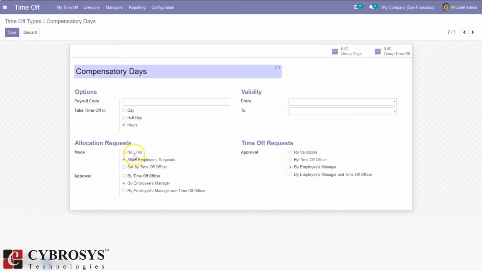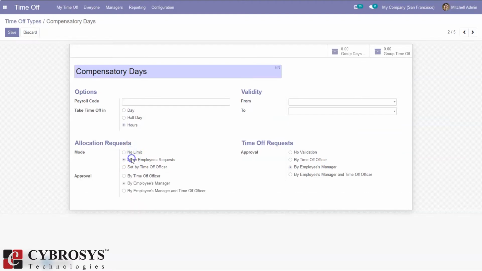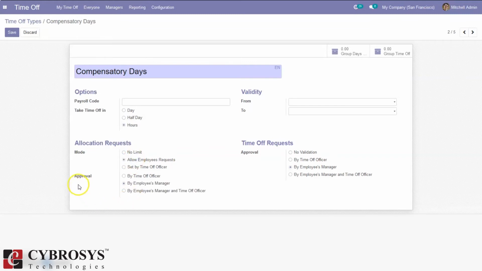So we can set a mode like no limit, that is, no one needs to approve. Then allow employee request, then set by time off officer. If we choose the second option, here we can set that approval can be done by time off officer or employee's manager or both employee's manager and time off officer.